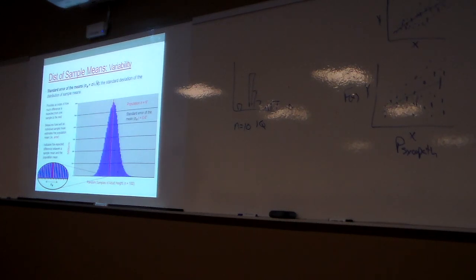You can think about your standard error as an index of how much a difference is expected from one sample to the next, right? So I've calculated my mean value, right? And then I have a standard error for that mean value. That standard error is telling me how much of a difference on average I should expect that point estimate to jump around if I were to resample and resample and resample from the same population with the same sample size, right?